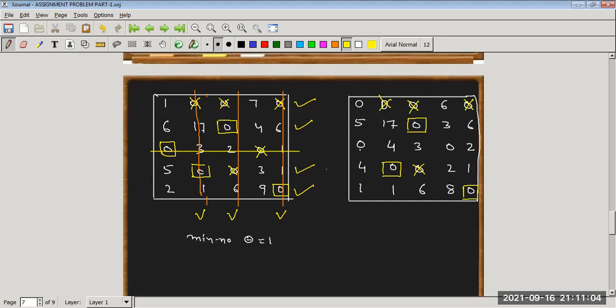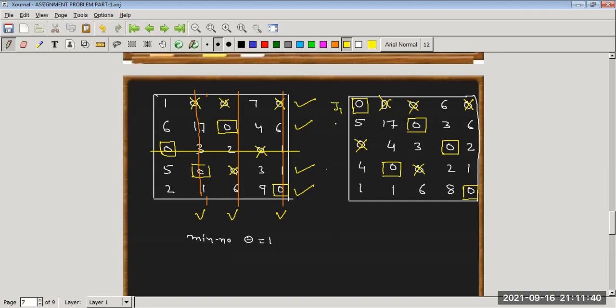Now come to columns, there are 2 zeros. So leave it. In second, assignment has already been done. In third, we have already assigned it. In fourth column, there is only 1 zero. So assign this 0 and we cross this 0. Now fifth column, we have already made an assignment. Now again come to row wise. Now in row 1, what we have observed, it has only 1 zero. So assign this 0. Now what we get? We get 5 assignments. Now the job is over. Now we are able to assign 5 jobs.